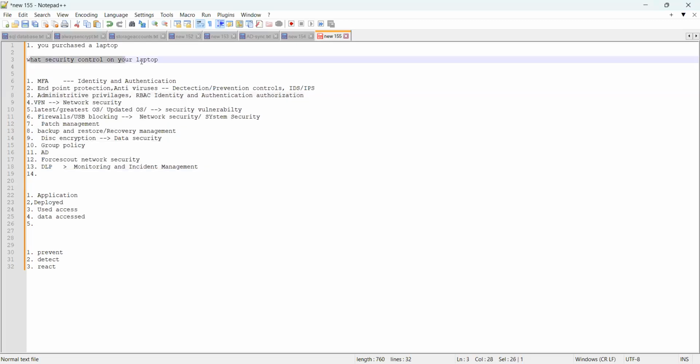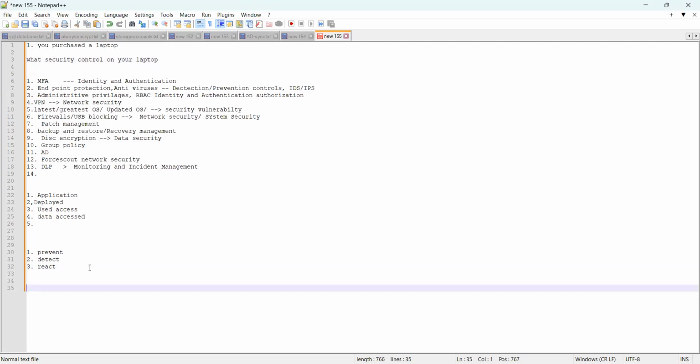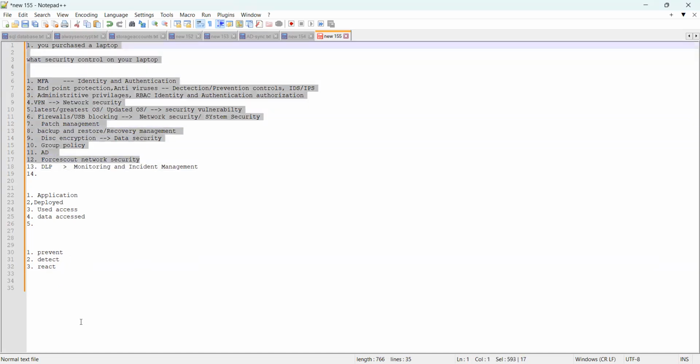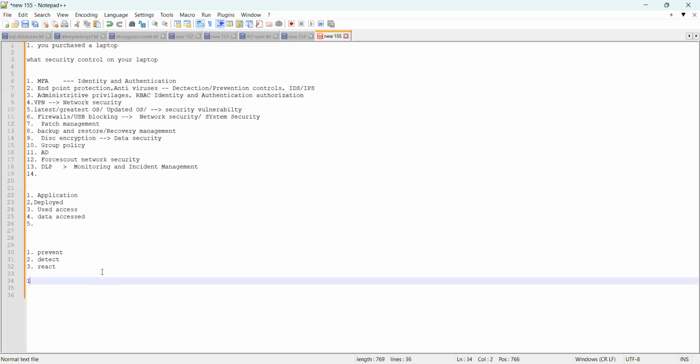So the end goal of cloud security is that whatever applications you deployed and are using on the cloud should not leak any unnecessary confidential information, or disrupt your business, and should not leak any data. So basically, whatever security controls we discussed here